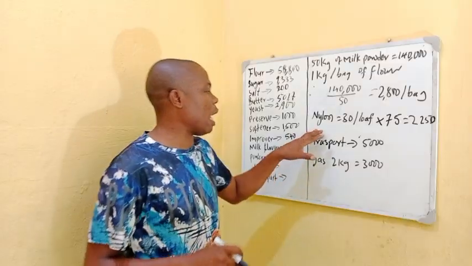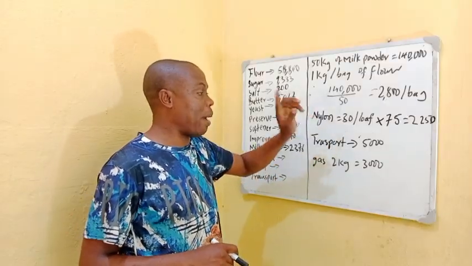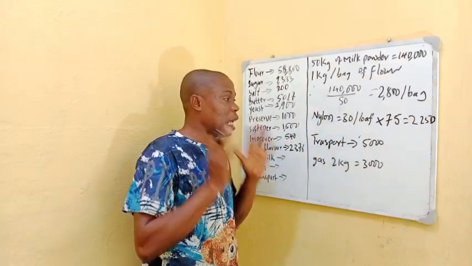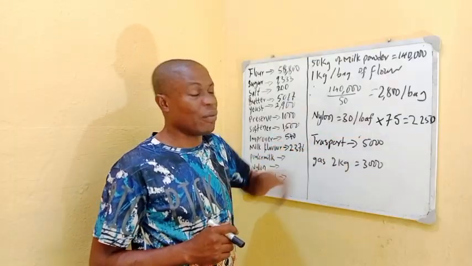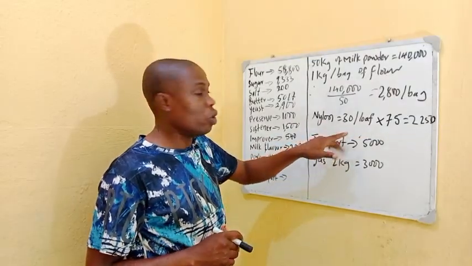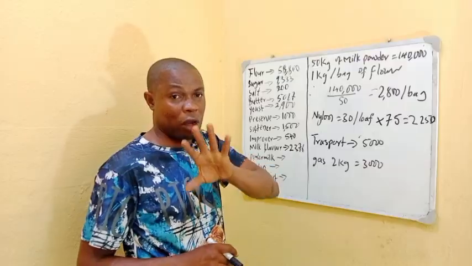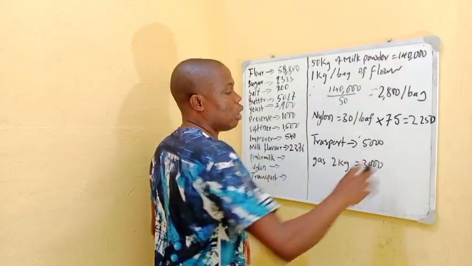Now let's look at nylon. It's 30 naira per loaf. That one sheet of it is 30 naira, multiplied by 75 loaves. I'm using the jumbo, and 75 loaves always come out per bag. 75 loaves. This will give us about